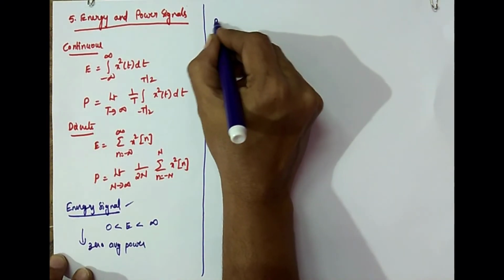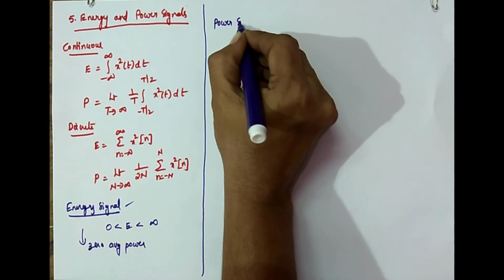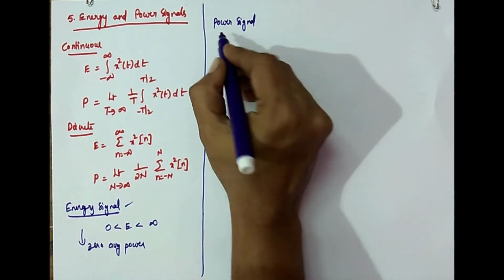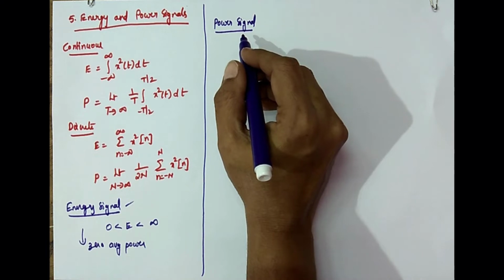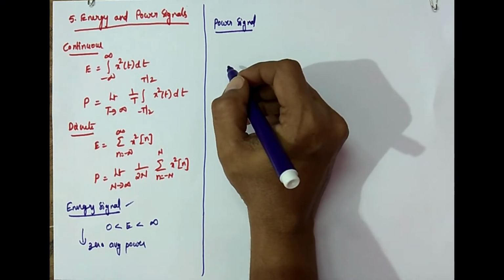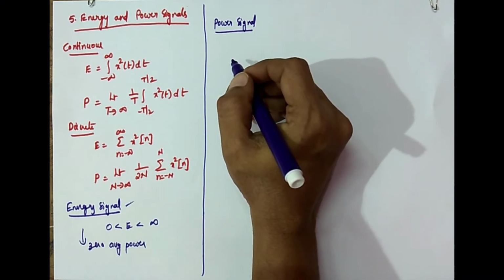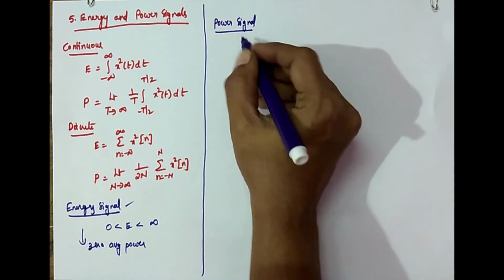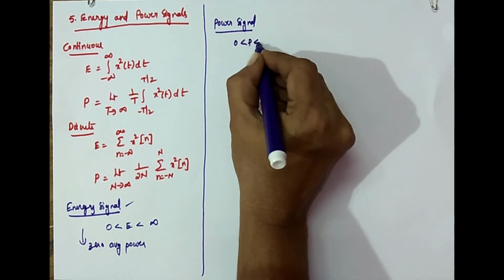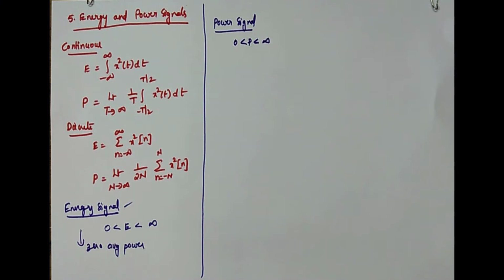Same way, what is a power signal? A signal is referred to as a power signal if and only if the average power satisfies the condition 0 less than P less than infinity. That signal is called a power signal. They will give one signal, then find out the power. If the power is a finite value, that is between 0 and infinity,